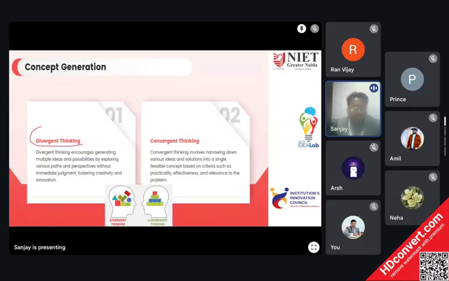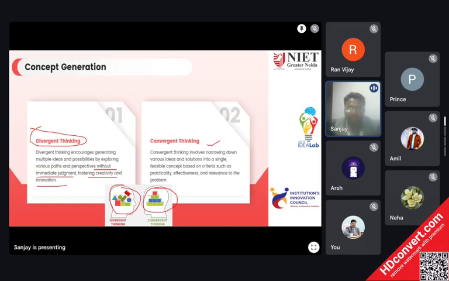The divergent thinking, that means there will be lots of ideas, various possibilities or solutions that can be created, and that will be without immediate judgment, fostering creativity and innovation. That means there will be an idea that can be randomly picked or that can be achieved from any of our stakeholders. That divergent thinking, after getting the different ideas, we have to